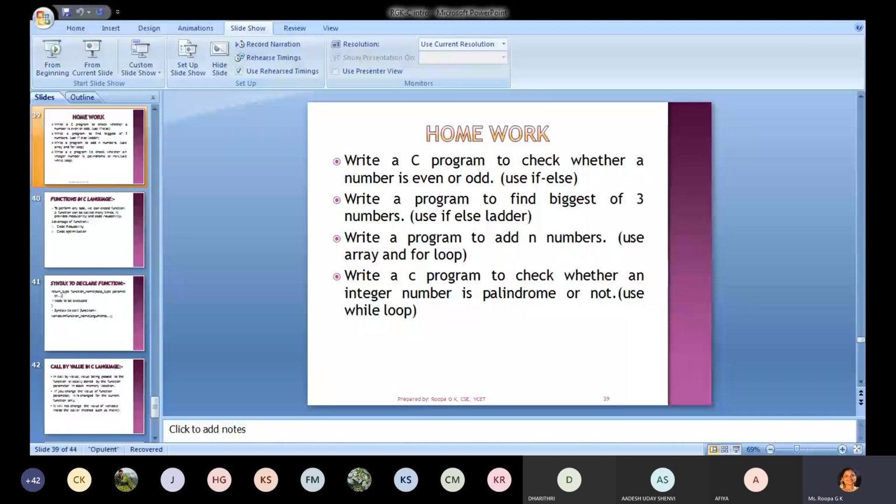You keep on writing. Okay, Afia, present, ma'am. Okay, Ajay Kumar, yes, ma'am. Akshay, present, ma'am.